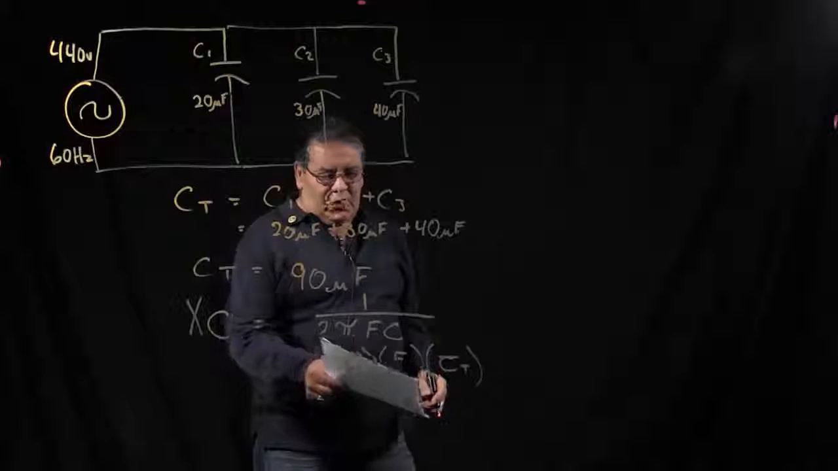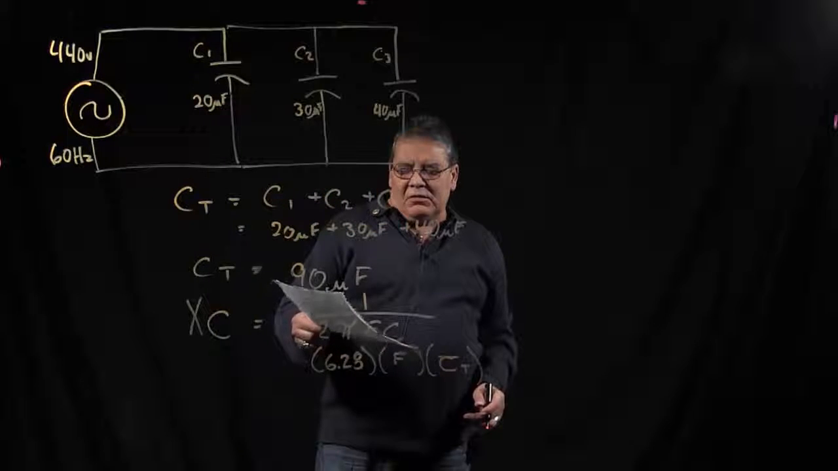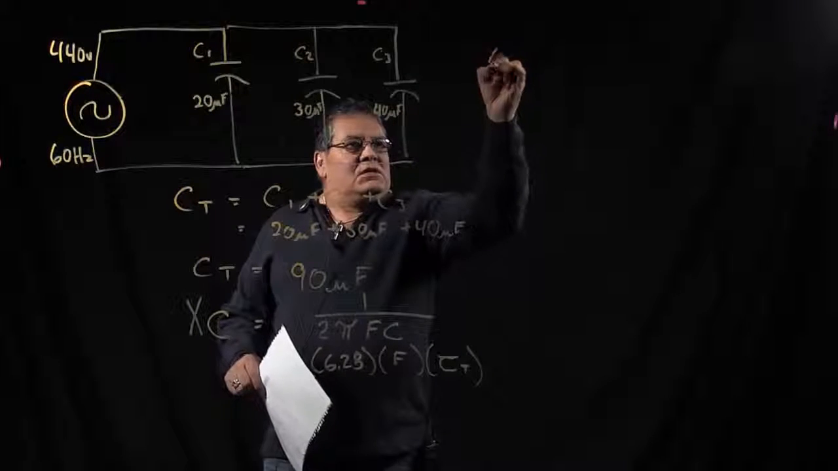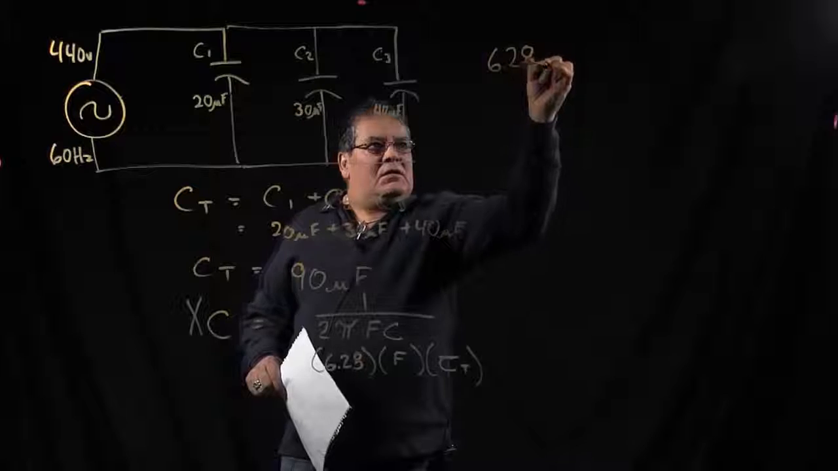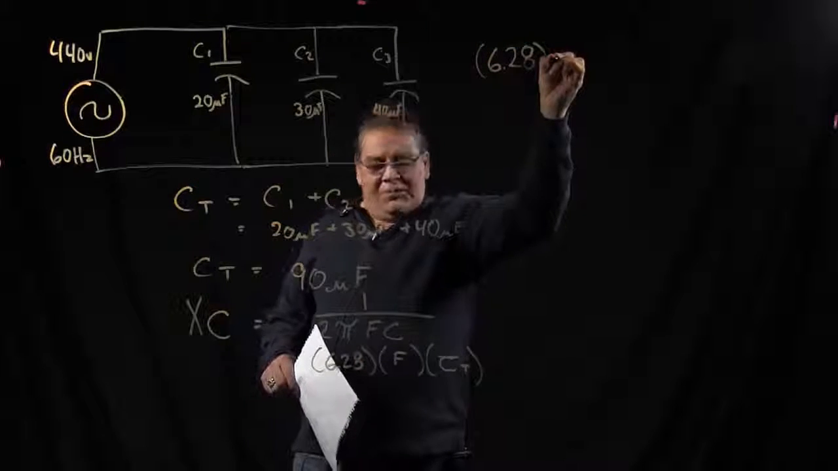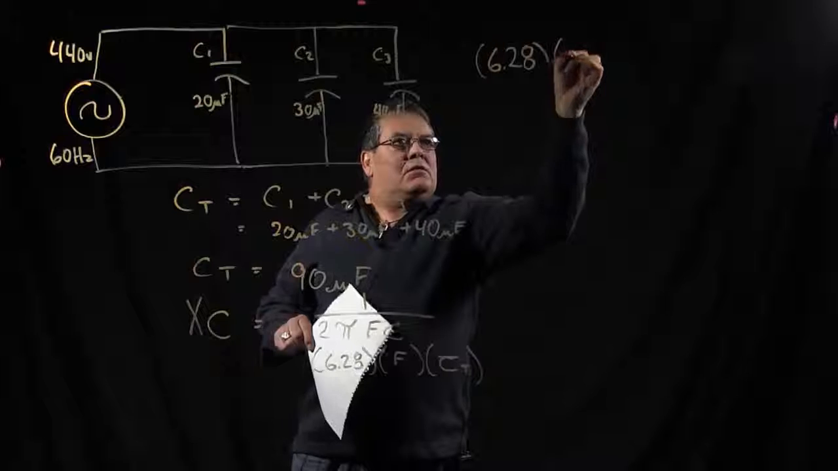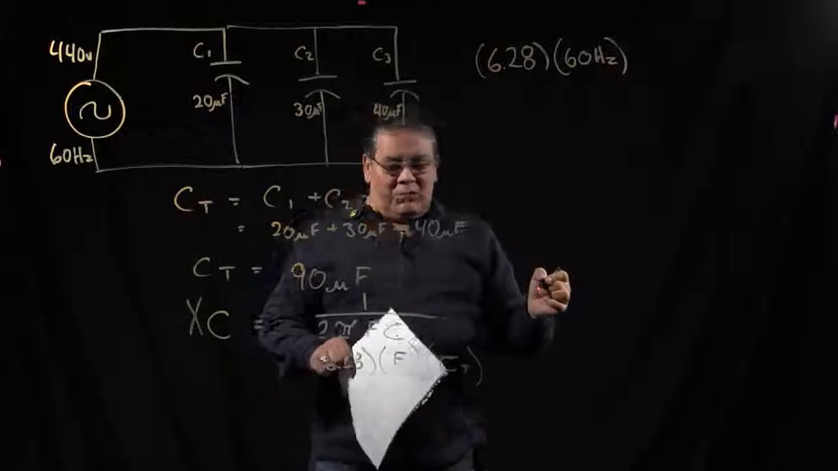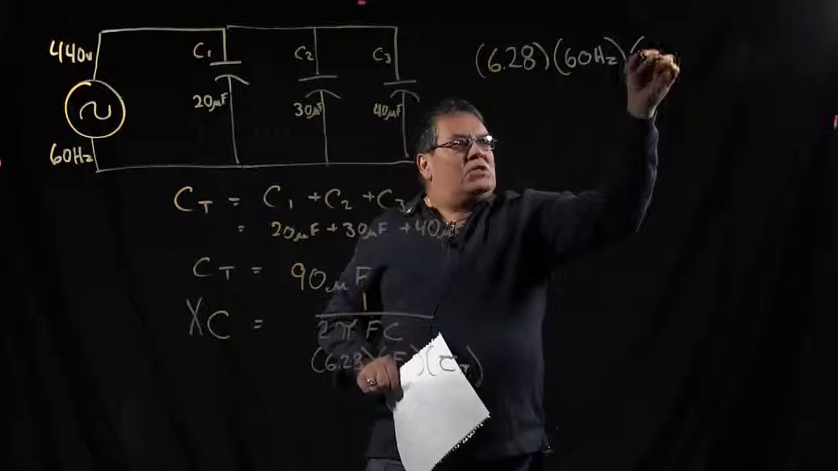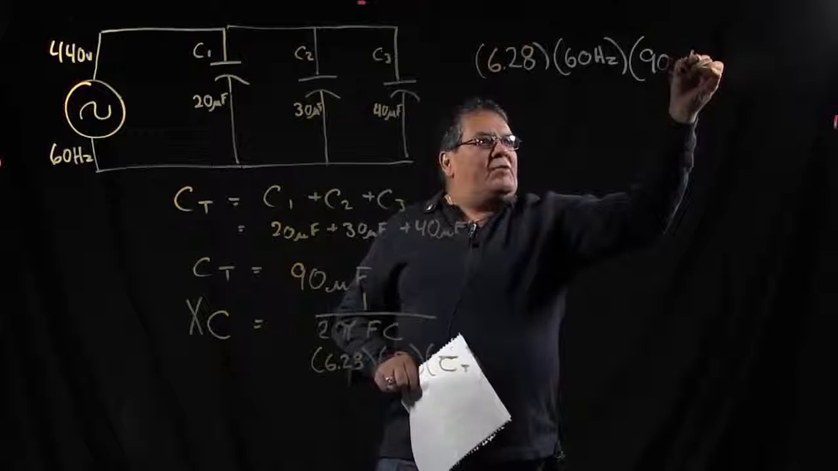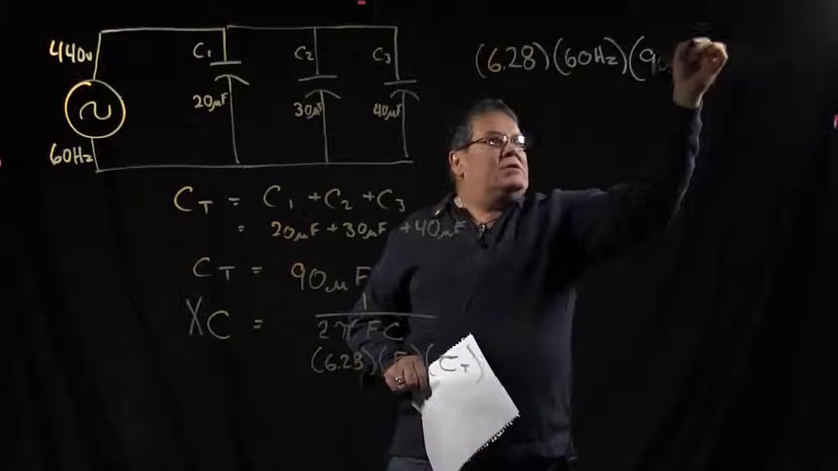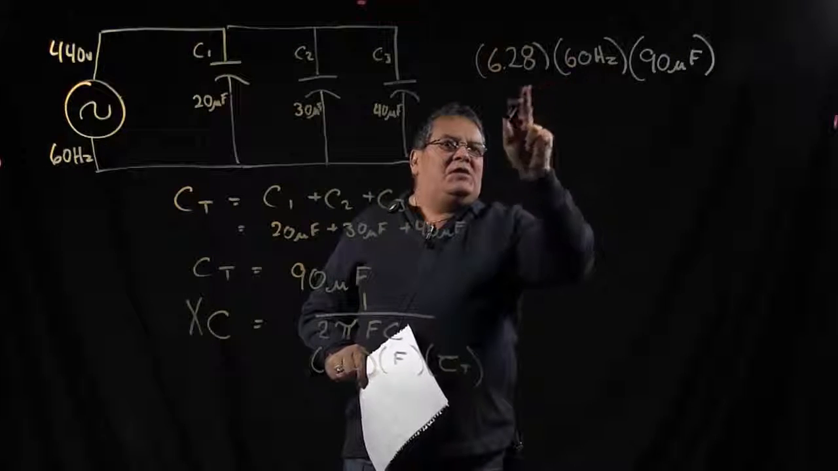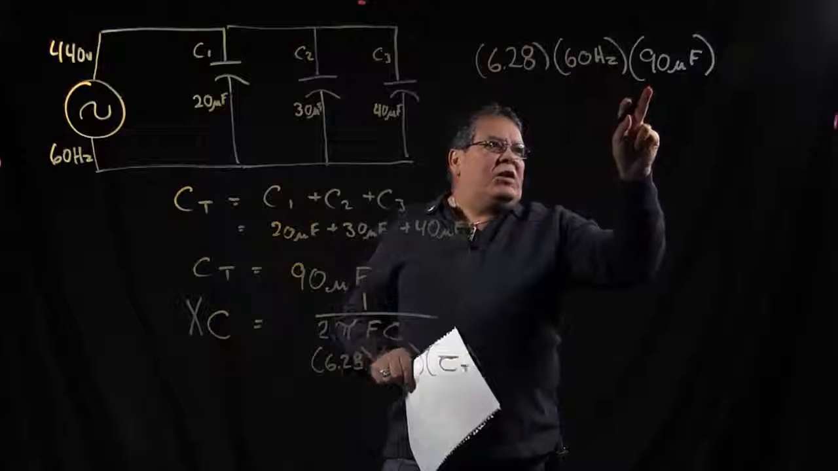Okay, now you're going to run into a little problem here because your capacitance is in micro, so that's to the -6th. So what you're going to do is you're going to have 6.28 multiplied by your frequency of 60 hertz, and then you're going to multiply by your total capacitance, which is 90 microfarads. So what I would normally want to do is multiply these two, and when you're going to multiply your 90, you're going to have